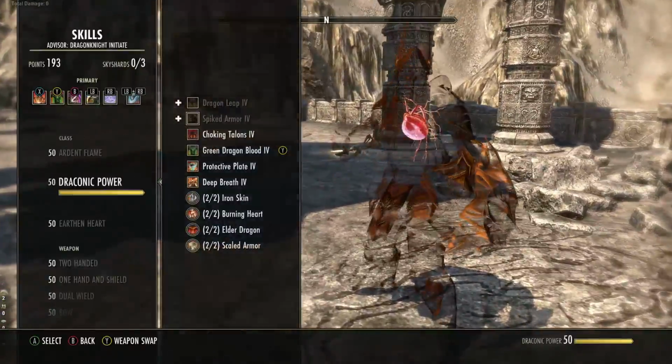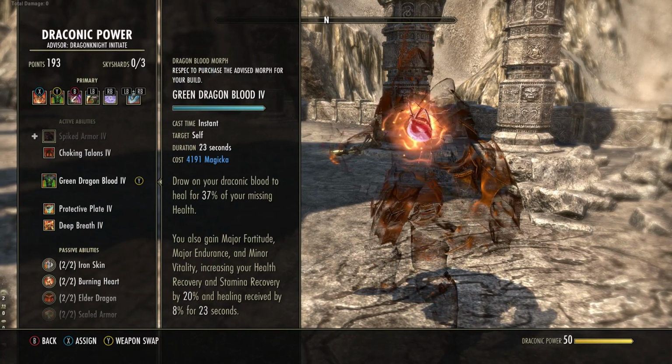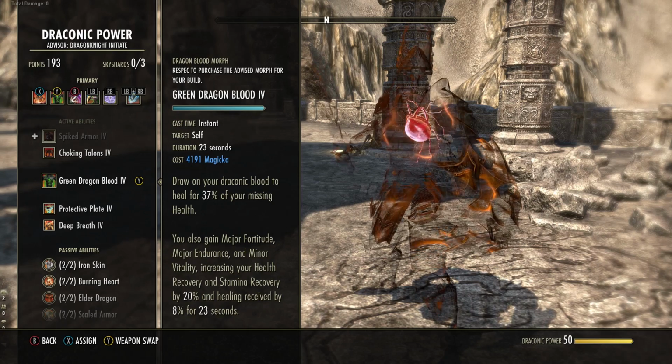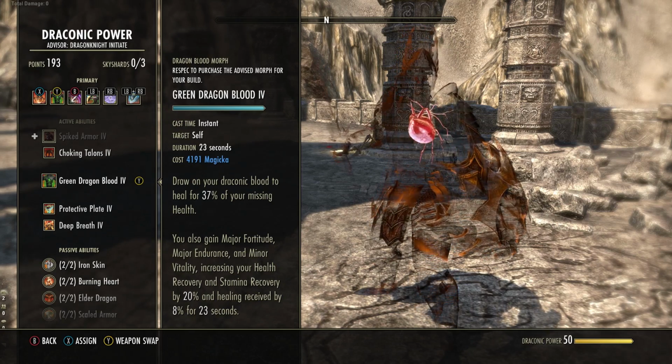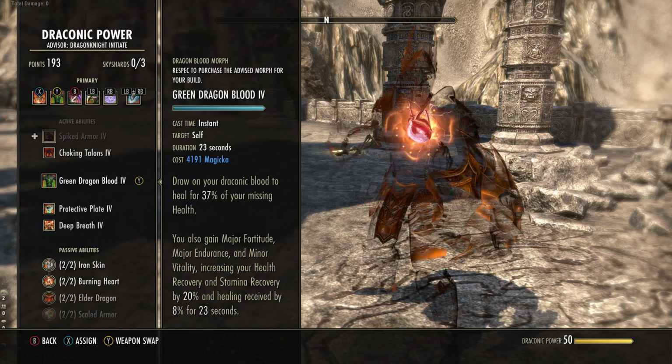So you turn into that strange see-through body where you can see your heart pulsing, which is pretty cool. But this will give you major fortitude and major endurance, increasing your health recovery and stamina recovery. Now, we are a vampire, so our health recovery is not that important, but obviously stamina recovery is important if